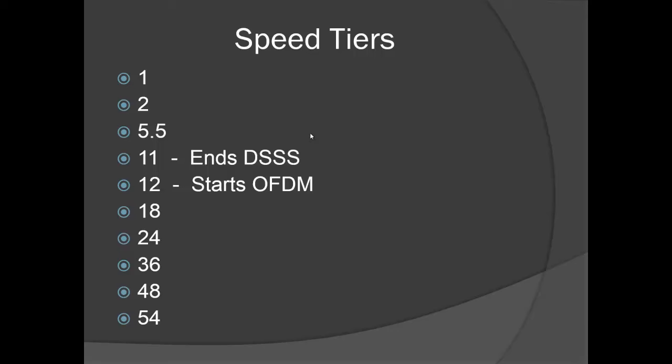And then as soon as you hit the step at 12 megabits per second, that's when OFDM starts. So OFDM covers 12, 18, 24, 36, 48, and 54. So this is the kind of information that you need to explain to your